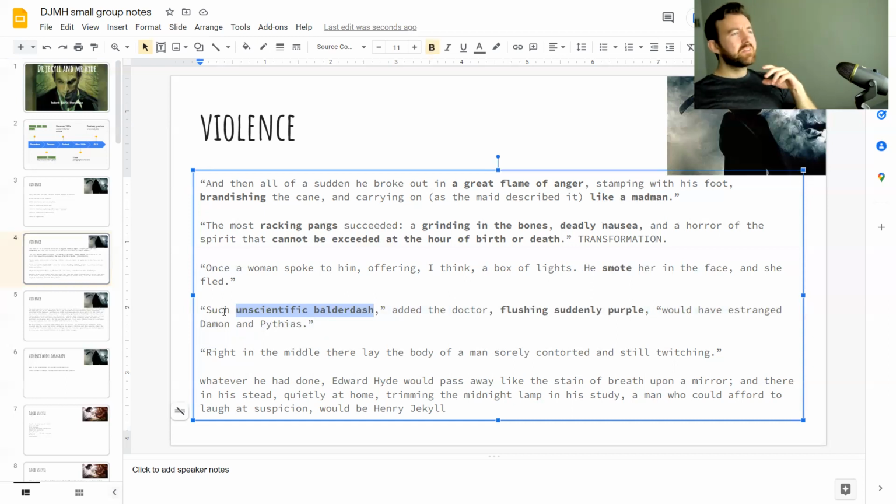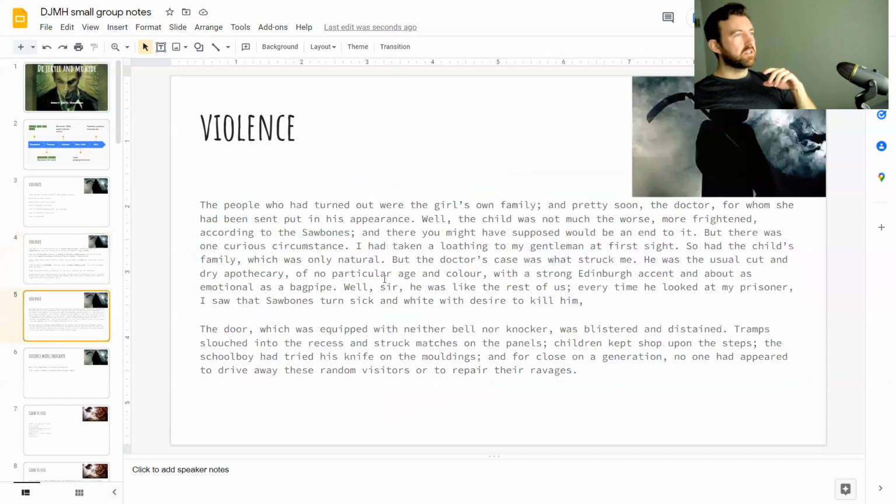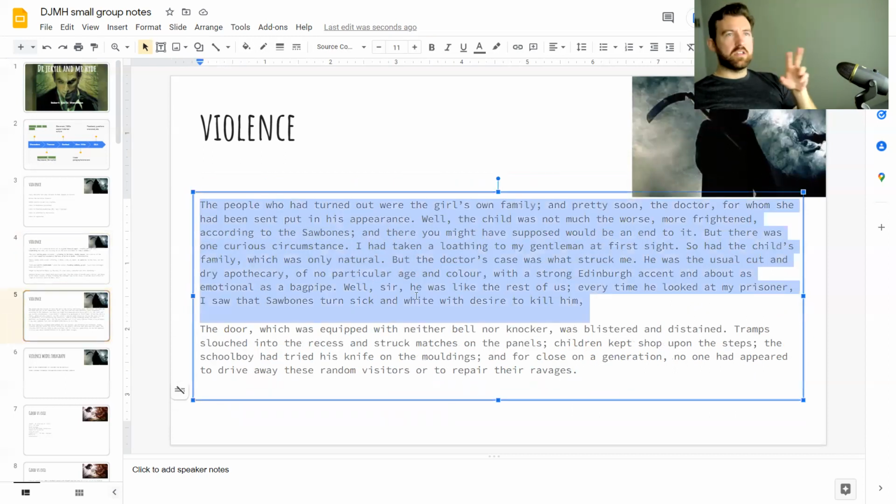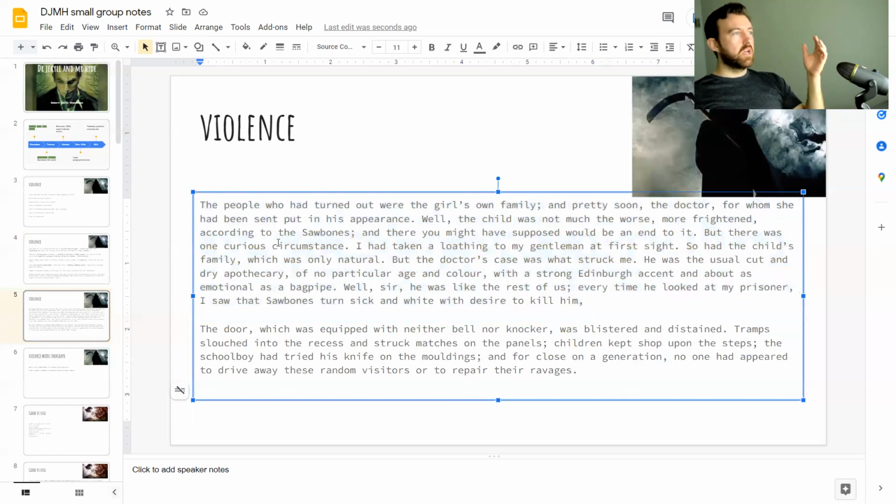I'm actually going to skip to a different quote quickly because I want to highlight this interesting thought that doctors can be violent, right? So Dr. Jekyll clearly has violent tendencies because he invents Mr. Hyde and creates him to get to do horrible things to people. Dr. Lanyon has a streak of violence in him. We see that in the quote I just showed you. Then you've got this sort of like mini extract, I suppose. There's several violences I want to talk about, but let's just read it and then I'll talk about the